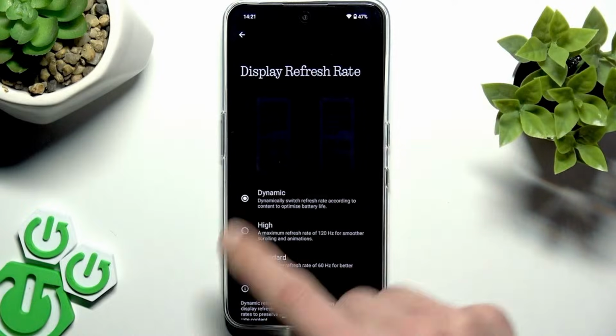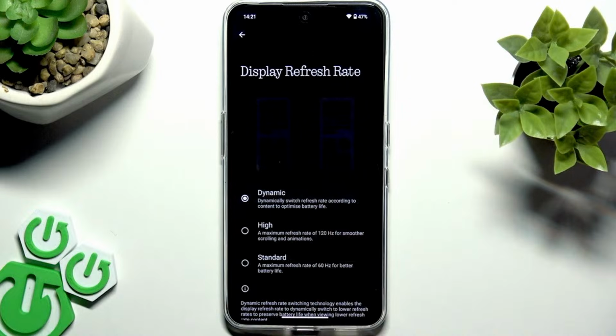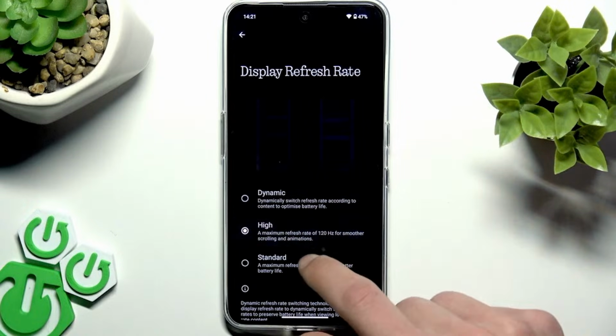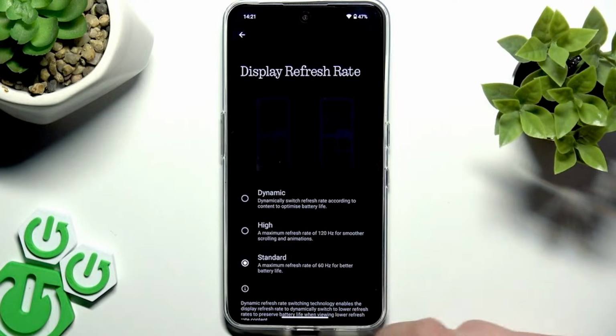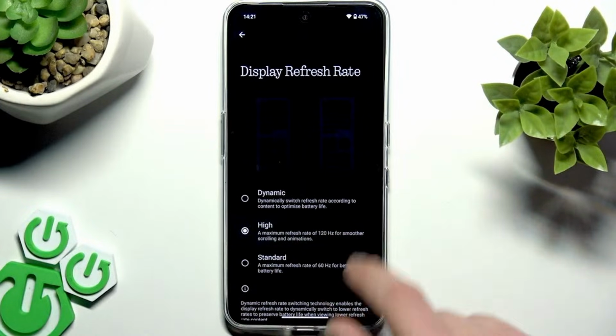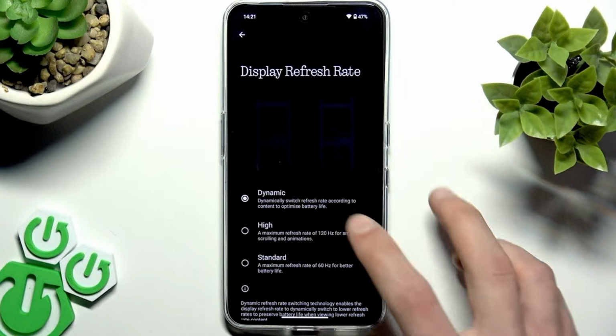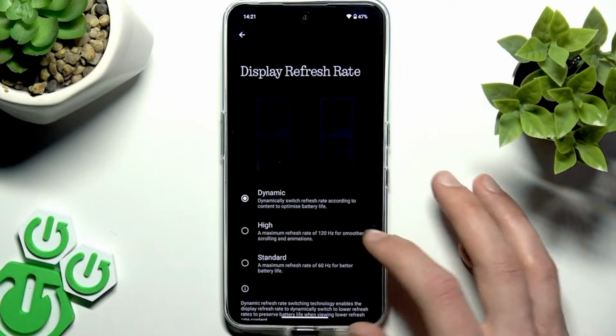And here we have three different options. So the dynamic, this is the one that we're looking for, the high and standard. So the standard will set your display refresh rate to 60 Hz. The high will set your refresh rate to 120 Hz all the time, which will also increase battery consumption. So if you want to use 120 Hz display without using too much battery, you can set dynamic refresh rate,